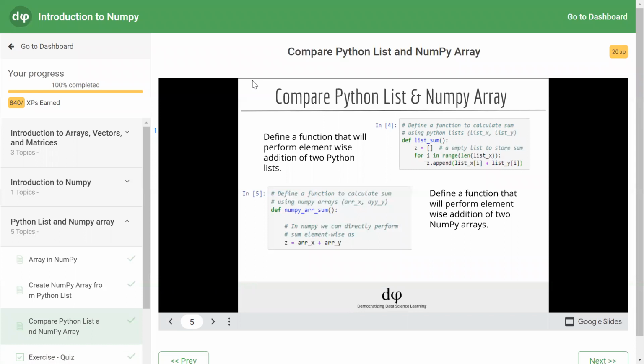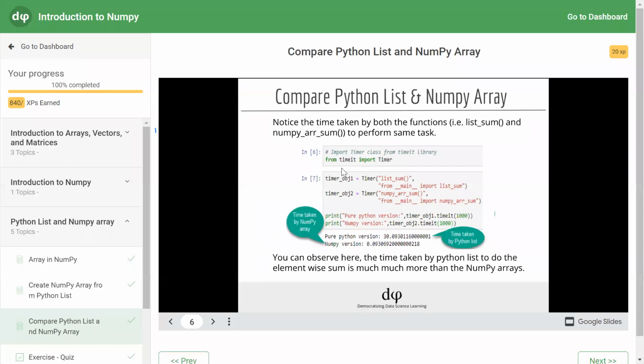The same thing is done in NumPy arrays, where we don't have to iterate over the array. Directly, if you add array X to array Y, the 0th element of array X will be added to the 0th element of array Y. This will be repeated till the 1 lakh minus 1 element of array X is added to the 1 lakh minus 1 element of array Y, and simultaneously they are stored in array Z. So you have seen addition of two lists and addition of two NumPy arrays containing the same elements.